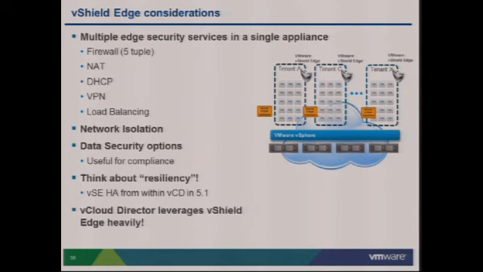Now, if you compare that with vShield App, which seems similar, vShield App actually takes a different approach than vShield Edge does. vShield App allows you to do firewalling on a NIC level, so it's a per-host-based type of firewalling. This also means that from an implementation perspective, there's a slight change in behavior.